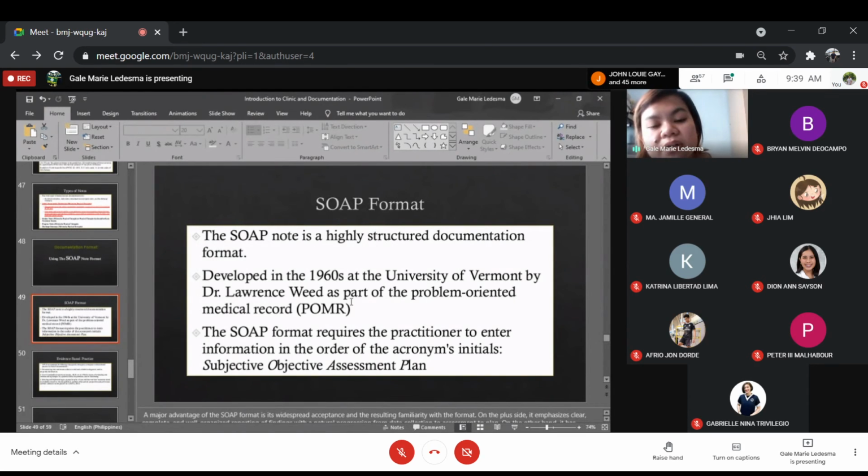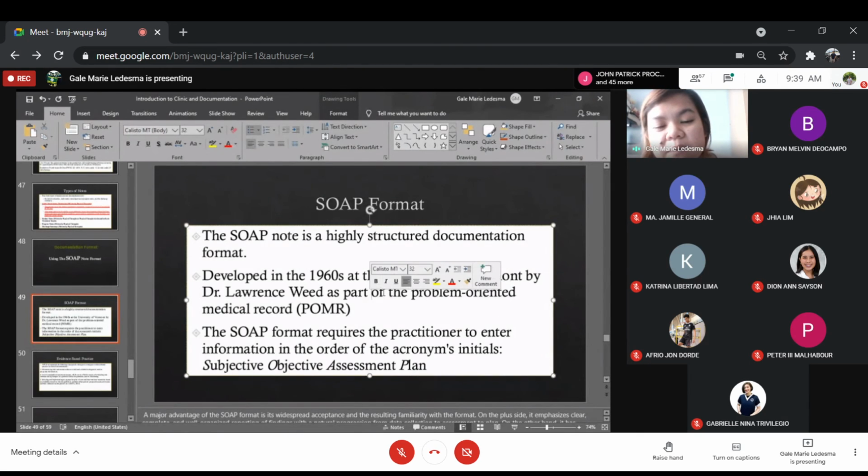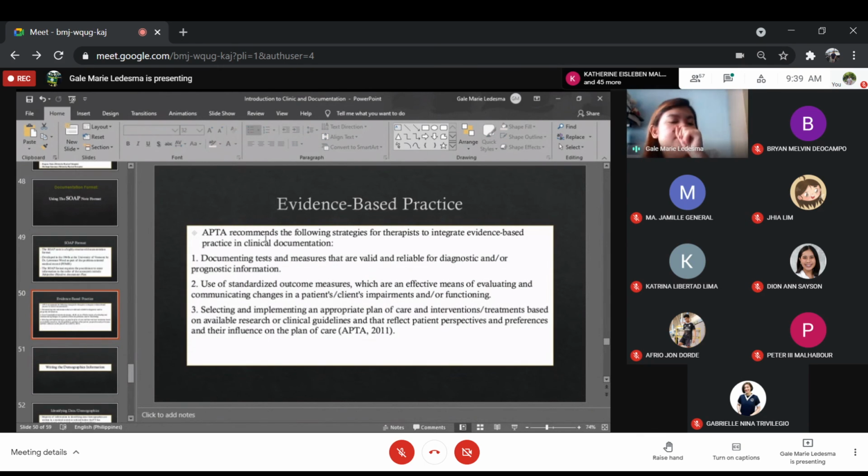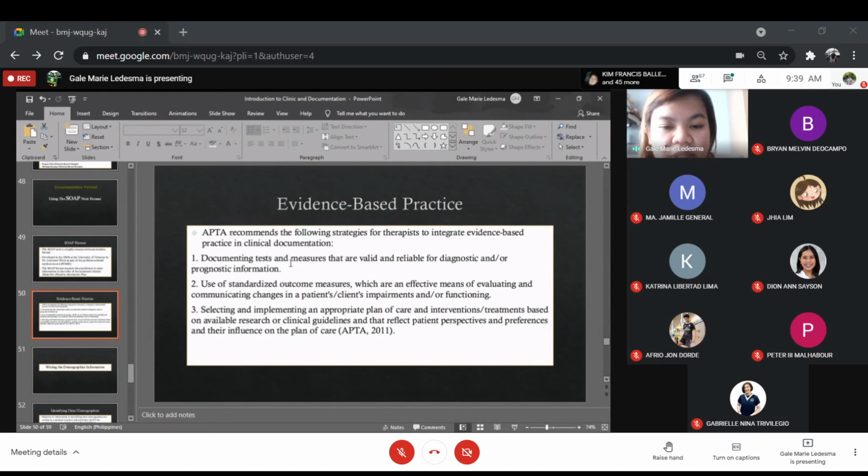Okay, so it was developed by Dr. Lawrence as part of the problem-oriented medical record. Pero as far as I know, ang POMR, wala na siya gina-gamit ngayon. So the SOAP format requires practitioner to enter information in the order of the acronym's initials. SOAP: Subjective, Objective, Assessment, Plan. And in every part of this, the APTA recommends the following strategies for therapists to integrate evidence-based practice in clinical documentation. So you're documenting tests and measures that are valid